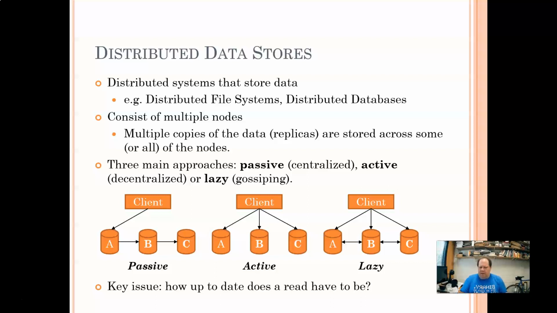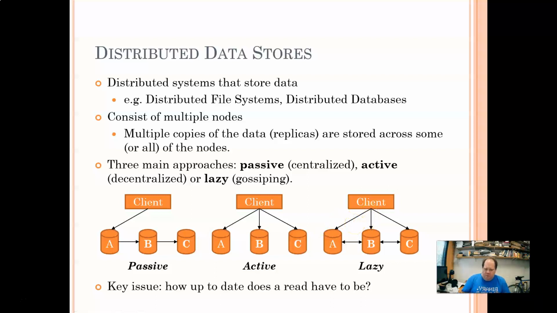So t might be a threshold set based on something like a Byzantine fault model, related to the level of fault tolerance you want to provide within the system. So the more fault tolerant you want, the more replicas you want to be updated before you consider the update complete. The third model then is called the lazy or gossiping model, and this is a more recent model that was developed. The lazy model is a variation of the active model, where the active model performs a minimum number of updates before it considers the